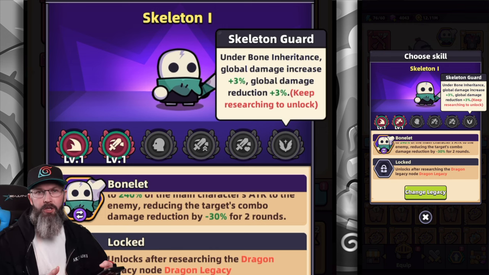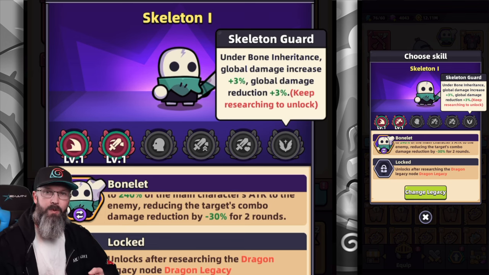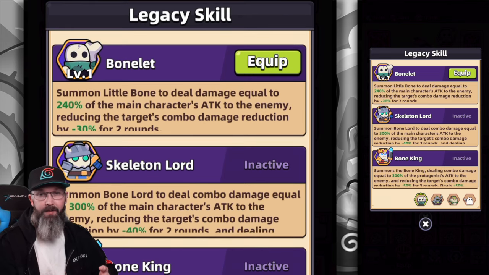So your Sword of Justice or even your Sky Splitter, both combo weapons, benefit really well from them. And I think even the Sky Splitter there is going to have the Sword Chi, which is also going to work really well with this skeleton. So as far as what's listed as this legacy skill, or what I would probably much say the different skeletons